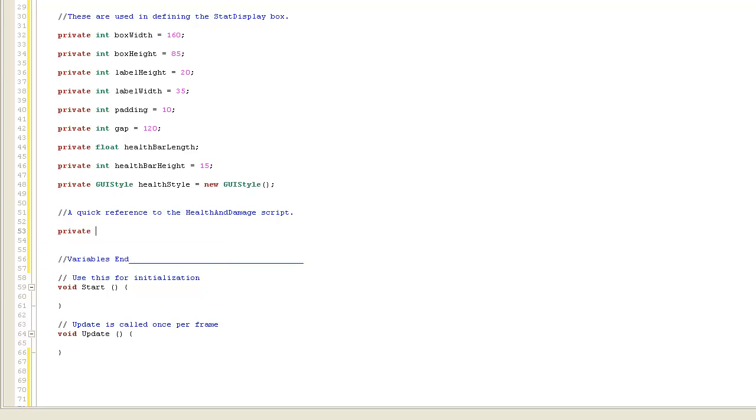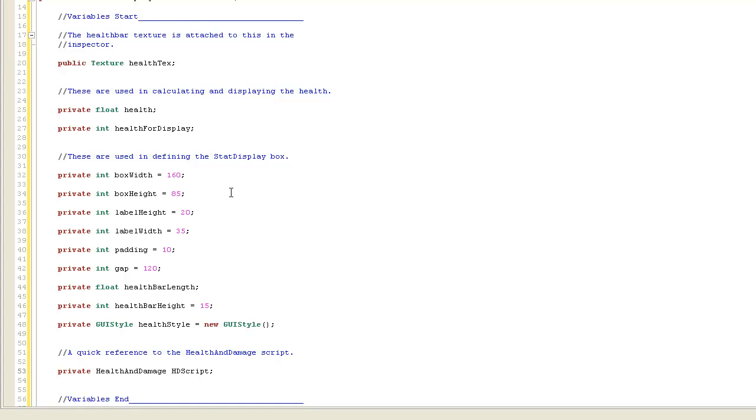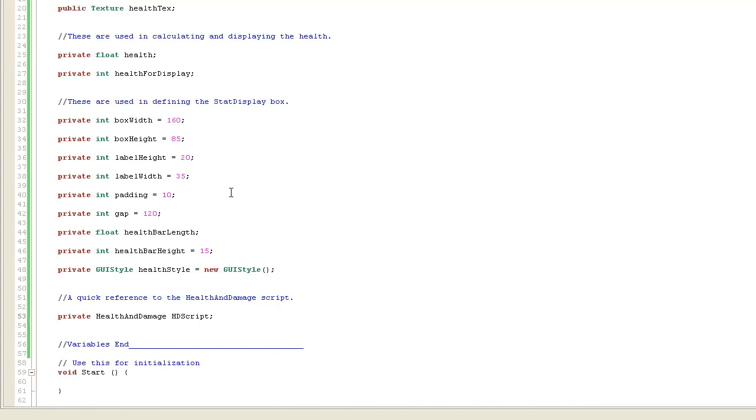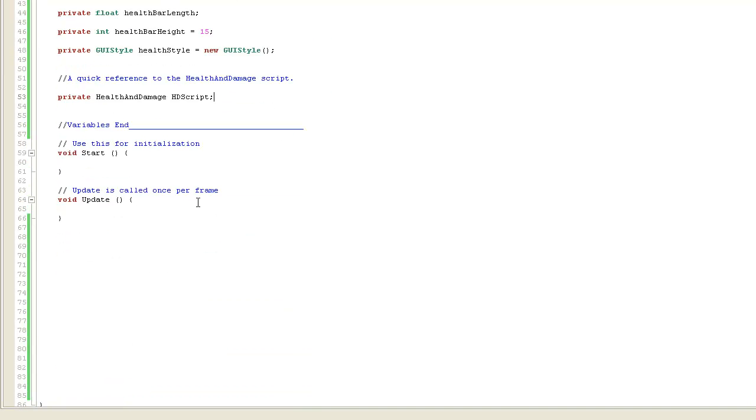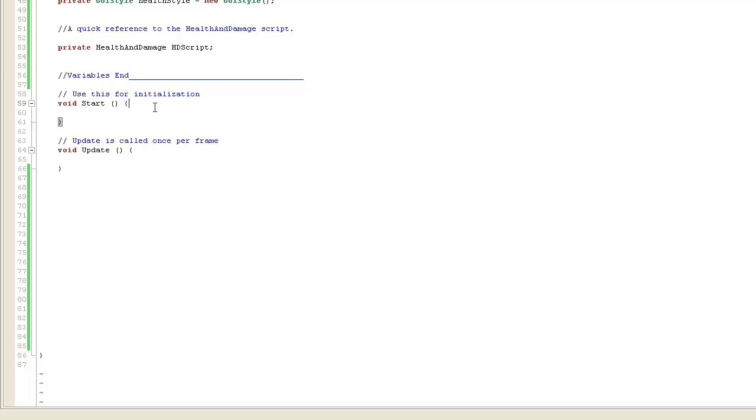So private health and damage HD script. Okay, that's our variables. So we'll save what we've done so far. And now in our start function,